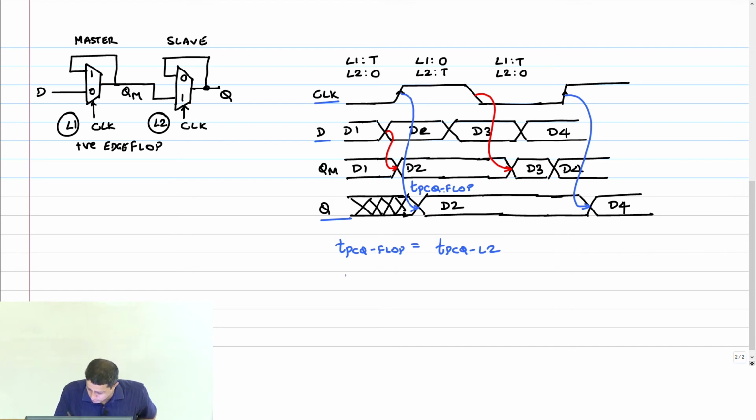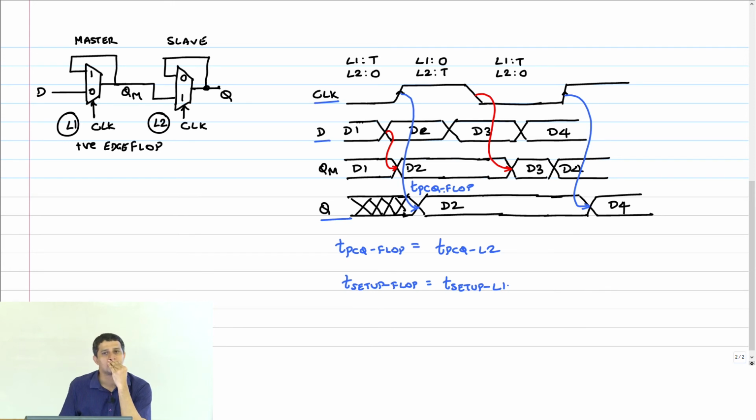What is the setup of the flop? The setup of the flop, see, on similar lines. Setup of L1.